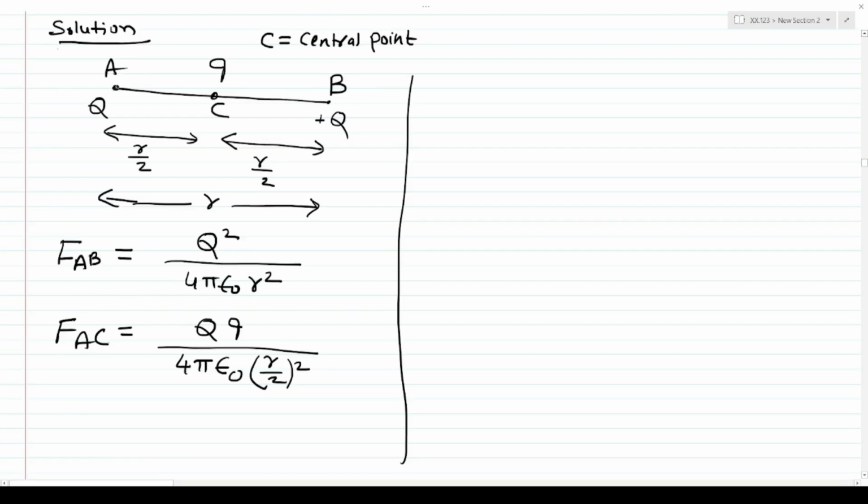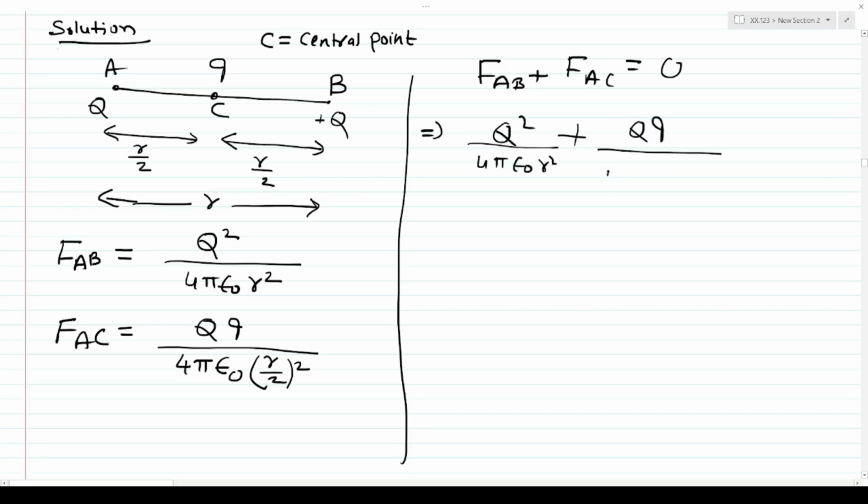Let the charges of capital Q be placed at the points A and B, and the small charge q placed at the central point, that is at the point C. Now apply Coulomb's law. FAB equals, and we obtain FAC. Since the charges are under equilibrium condition, therefore FAB plus FAC equals 0. This implies Q square upon 4 pi epsilon naught R square plus Q into q divided by 4 pi epsilon naught R by 2